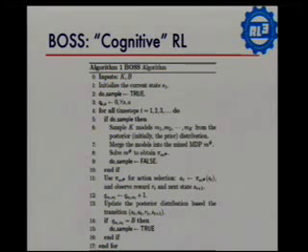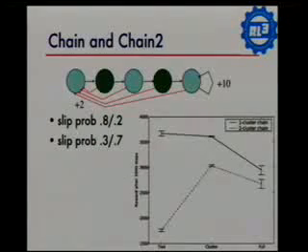Then periodically, it refreshes this sample. The algorithm has a specific way of deciding when to refresh, how many samples to create, and how to combine those samples together to decide how to act. I don't have time to get into the details of it, but the nice thing about it is it modularly combines a Bayesian model learner with this kind of overall reinforcement learning decision-making piece. So we can plug in lots of different kinds of priors.